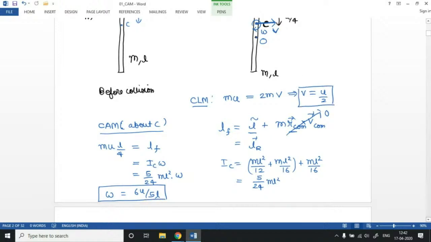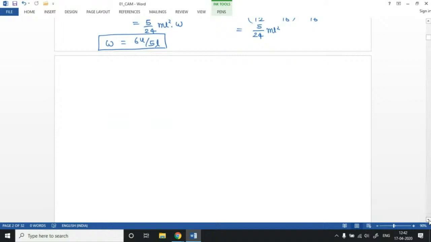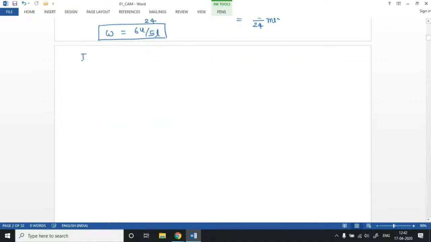So what would be the condition after the collision, we have found out. This problem we approached in the ground frame. Similarly, we can do it in the center of mass frame also. The condition before collision in the center of mass frame